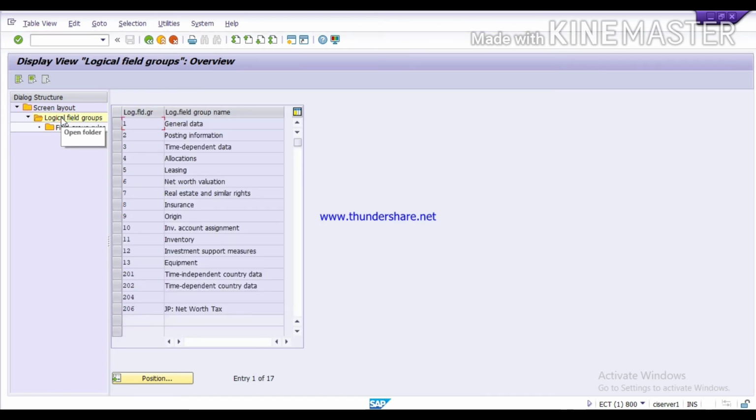First you have to select your screen layout, then click on logical field group. Here you will see some fields. These fields will appear at the time of asset master data.